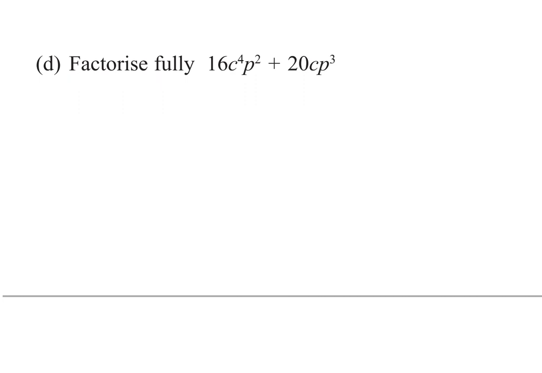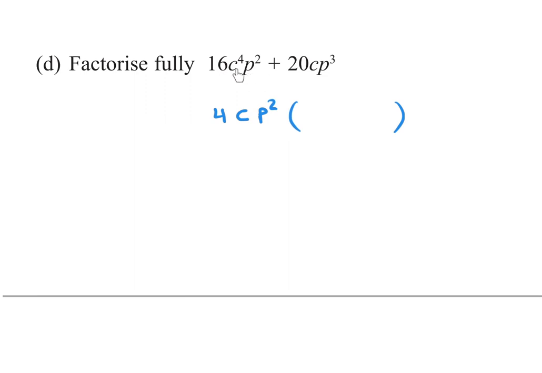D, factorize. The first step to factorize, take the common factor. The common factor between 16 and 20, we have 4. C power 4 and C power 1, the least power, so C. B power 2 and B power 3, the least power, so B power 2. Now you are left with